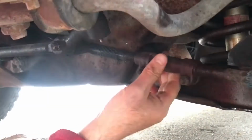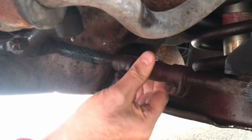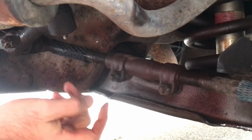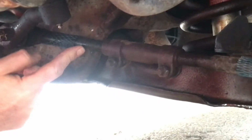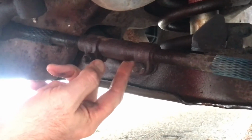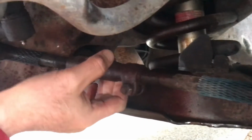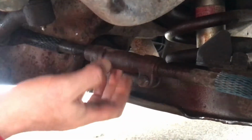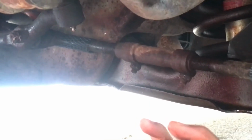Okay, now I should be able to move this by hand, and I put a little heat on it. Now the object is, because this is a stable, solid piece, and this is a solid piece, I'm going to turn this one. I don't know which way it is yet, but I'm going to turn it, and the wheel is going to either go in or out. Now I've got weight on the wheel, so that might actually be extremely difficult to do, but I'm going to try it. And I want the front of the wheel to go out and the back of the wheel to